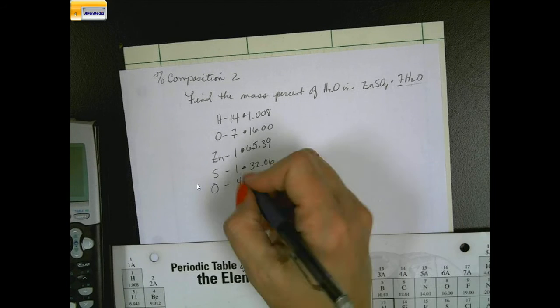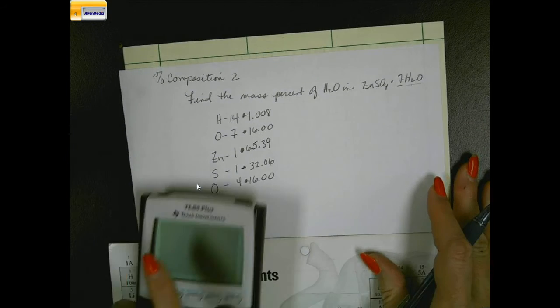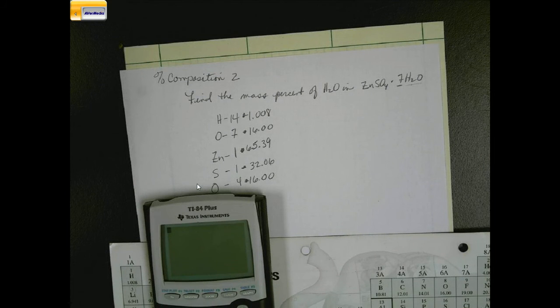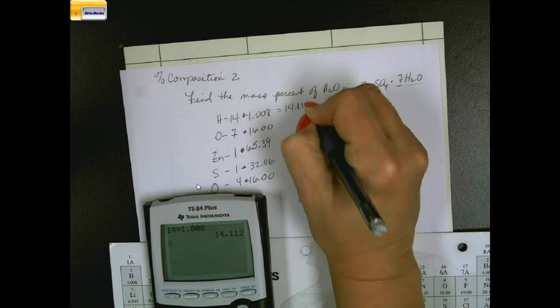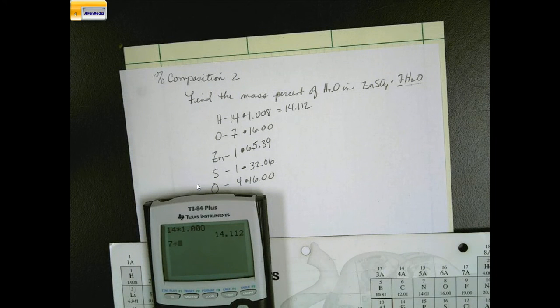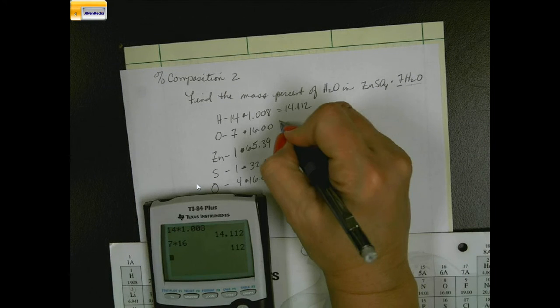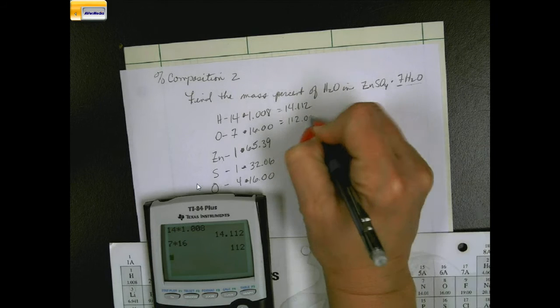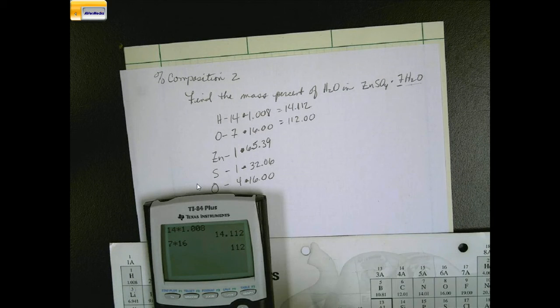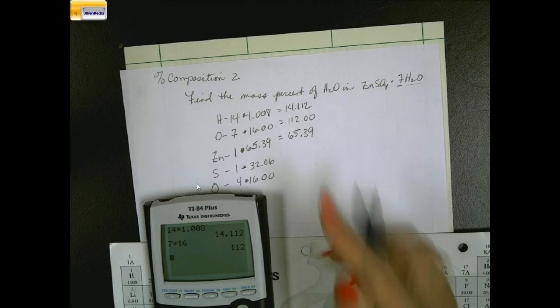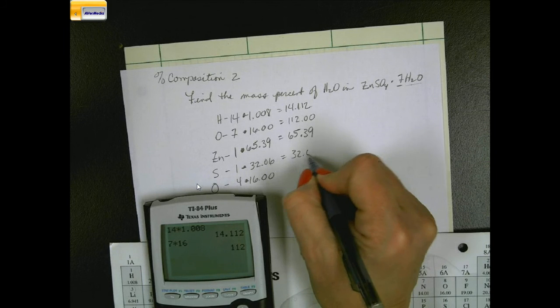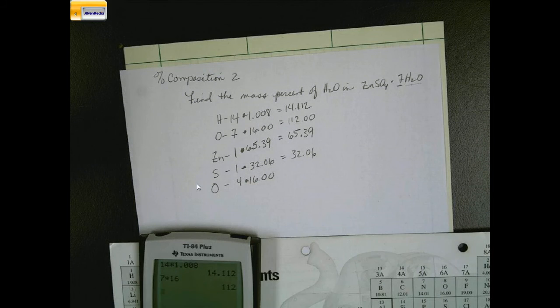Okay, so let's start multiplying. So 14 times 1.008 equals 14.112. 7 times 16 equals 112.00. And that's just going to be 65.39. That's going to be 32.06. And that's going to be 4 times 16 equals